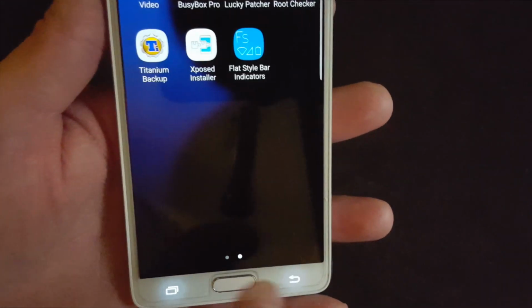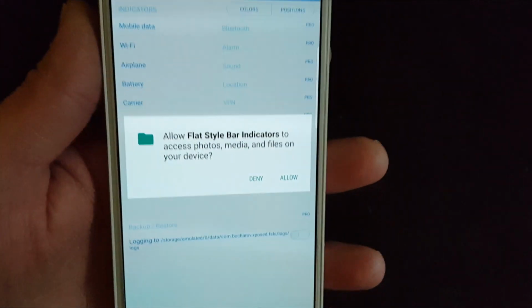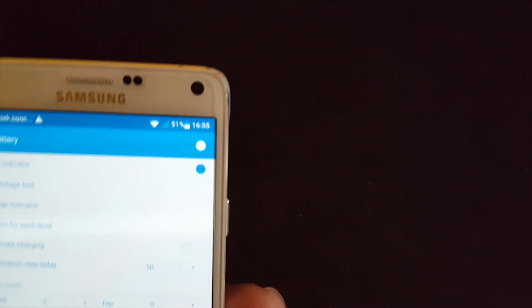Okay, so let's go back in. We're going to show you how Lucky Patcher works. This right here is what we downloaded off of the Xposed right here. We're going to go to battery. You see what the battery looks like? It's just a regular old battery, right? But down here, see all these? It says Pro. If you tap on it,